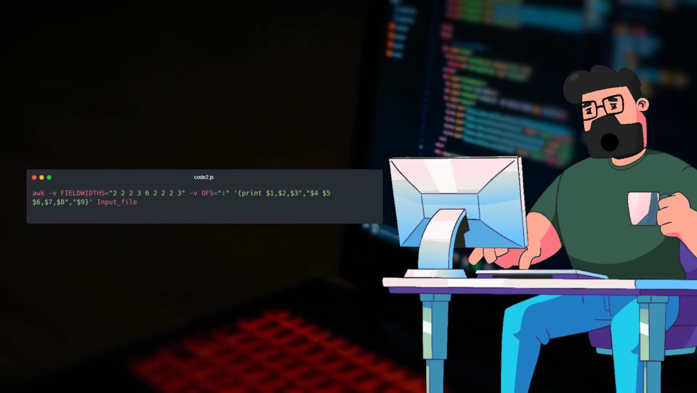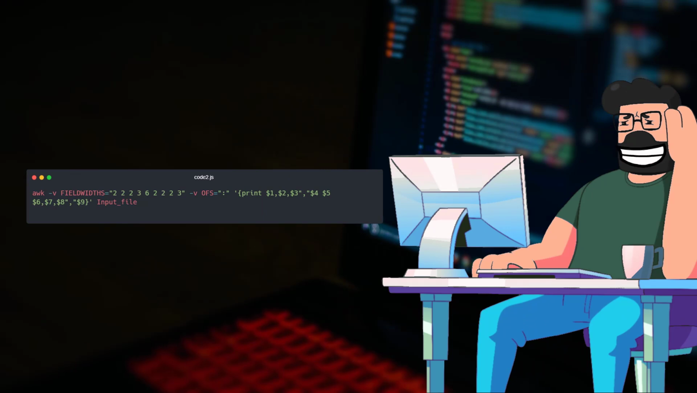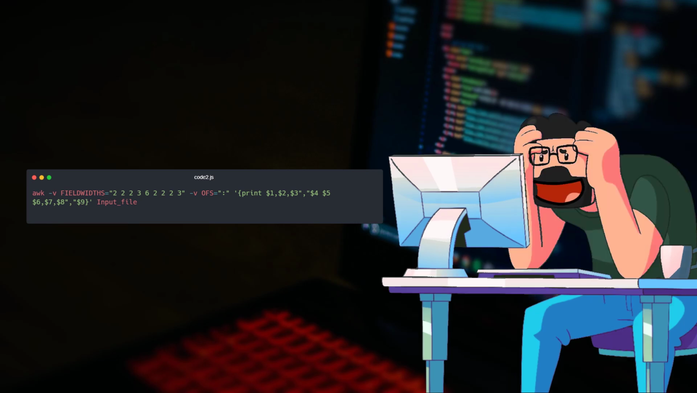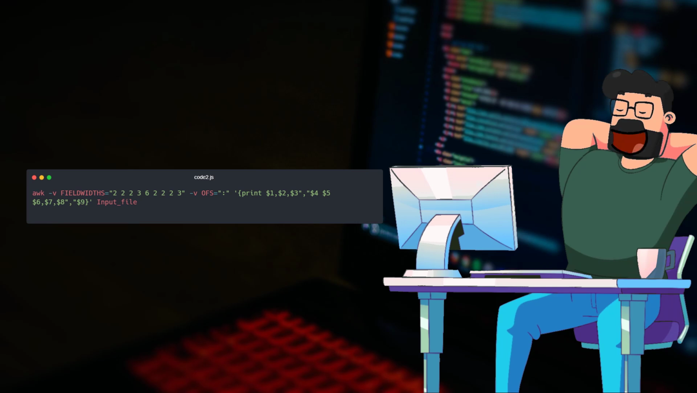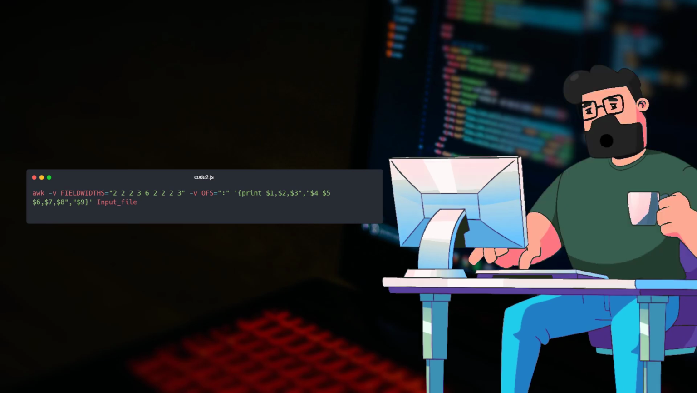Building on the initial solution, another effective way to achieve the desired result is by utilizing the FIELDWIDTHS parameter in awk. By defining the field widths for different sections of the input line and setting the output field separator, we can easily format the numbers with the specified separators. This method offers a structured approach to handle the formatting requirements efficiently, ensuring that the output is well organized and